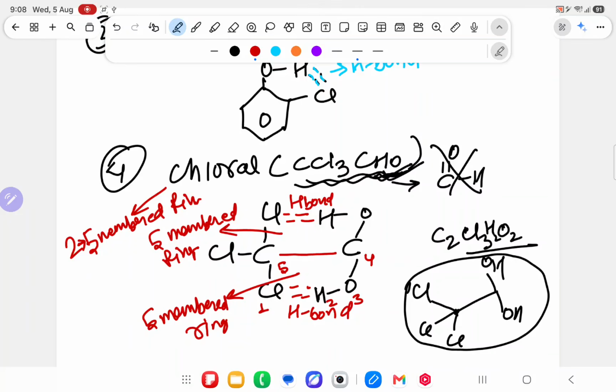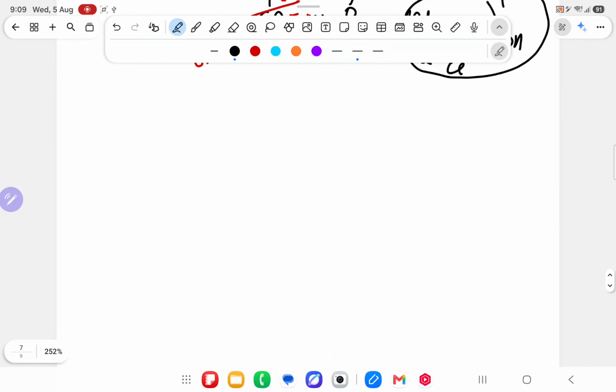Here is the bond, here also a bond. This structure you have to learn. The formula is written like this, but the structure is different. Yes sir, something is there that you have to know. Understood? So these are all the examples regarding hydrogen bond. Now a little bit more we have to study about the hydrogen bond. What we have to study? Examples done. Strength